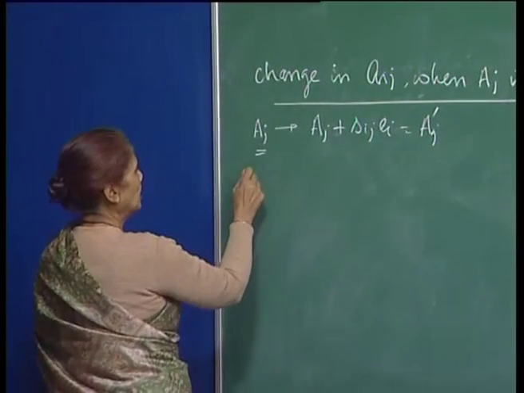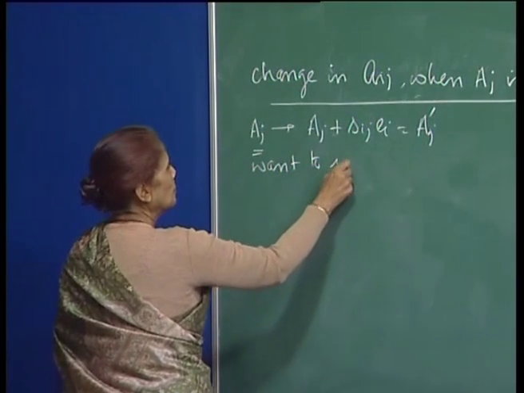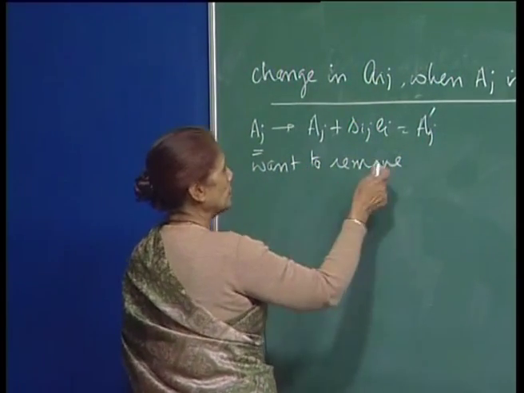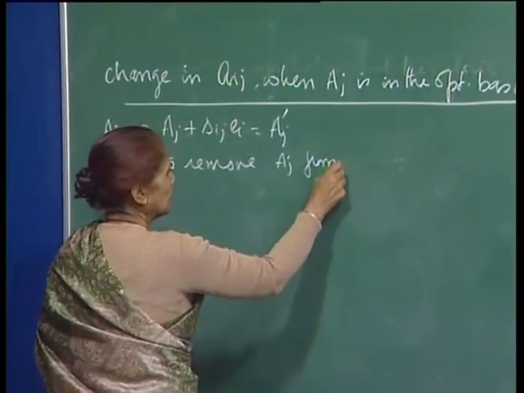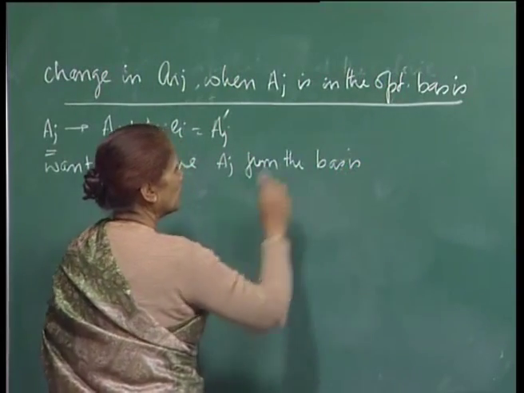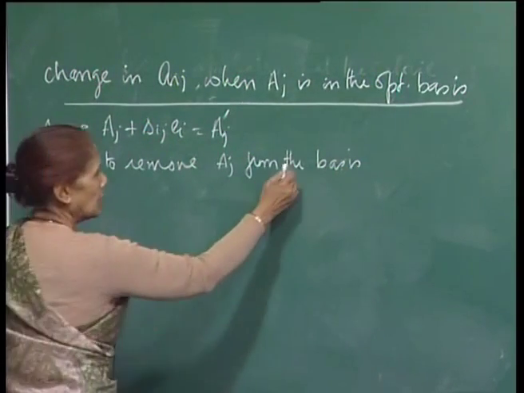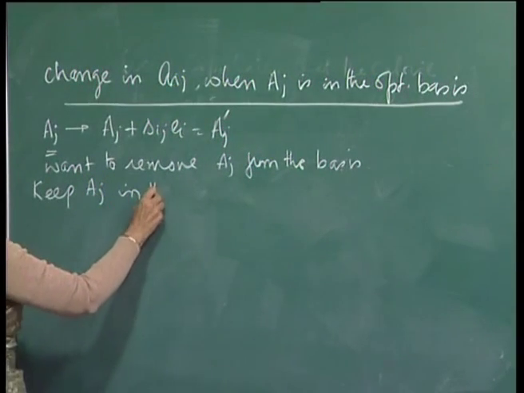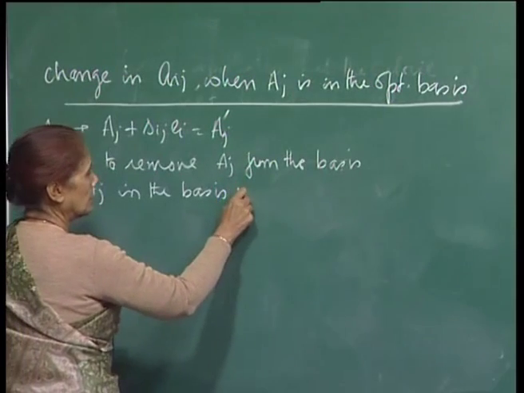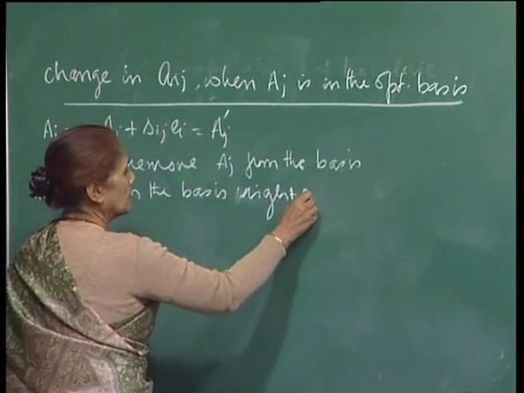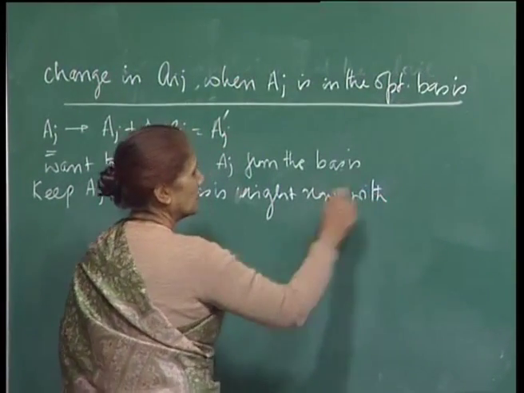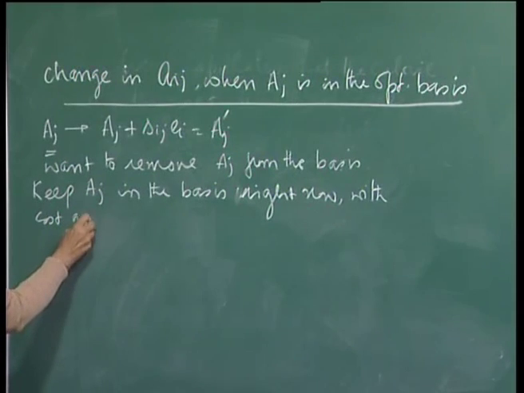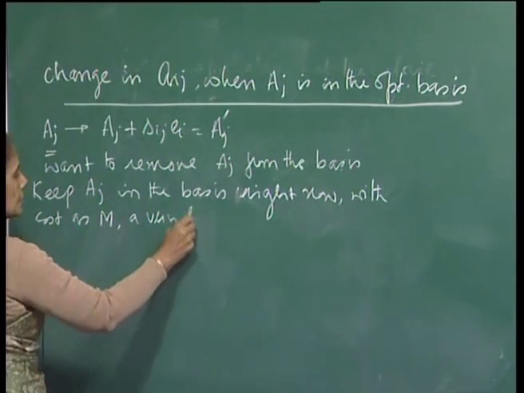So, the idea here is to remove Aj from the basis, right. It should not figure in any optimal solution, because Aj is no longer a feasible column for me. So, therefore, we will use the big M method. What we will do is keep Aj in the basis right now, with cost as M, a very large positive number,